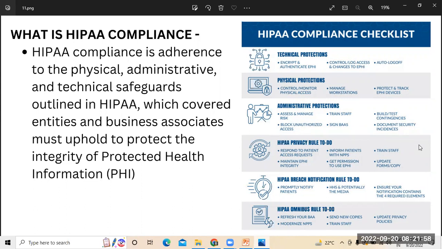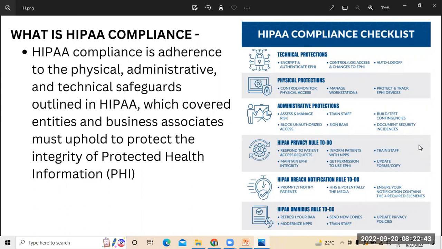Next part is breach notification. The first is privacy and how to protect. The second one is HIPAA breach notification, wherein we need to notify the patients about how to manage the systems and how these systems will work. In order to prevent a breach of the systems, rules and regulations, what are the precautions to be taken into account? All these aspects come under the breach notification part.